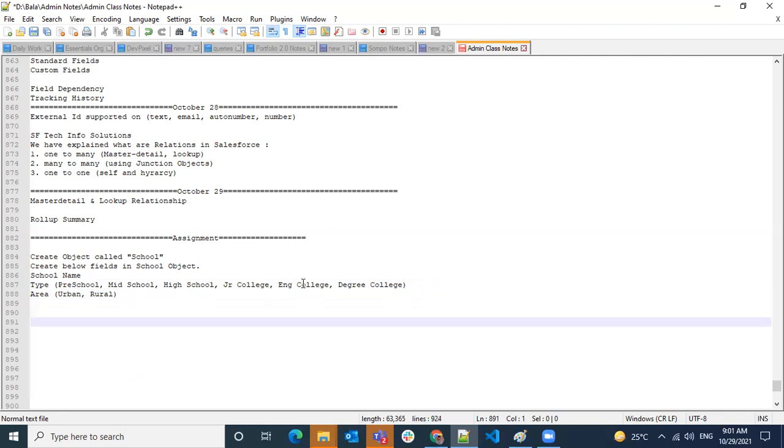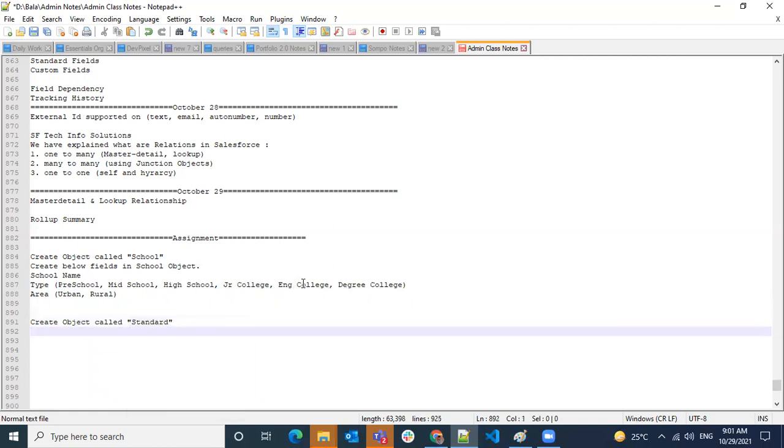okay, let's see after creating. Create an object called standards. Standard is to store what education they provide. If it is a preschool, it could be nursery, LKG, UKG, like that.